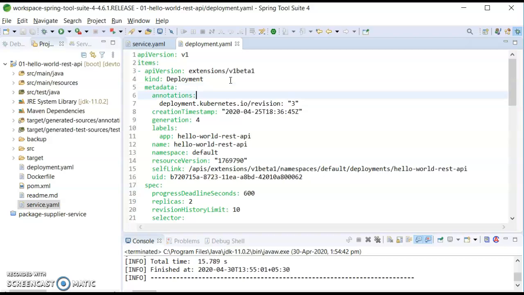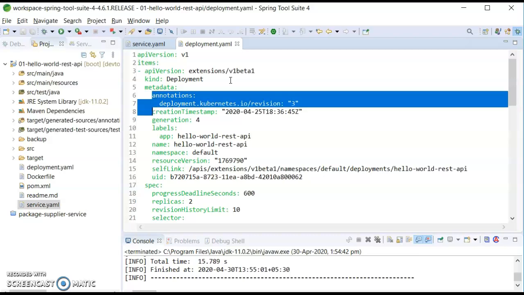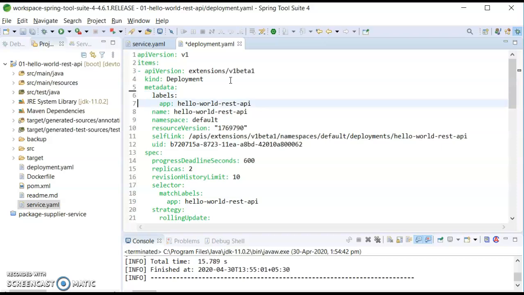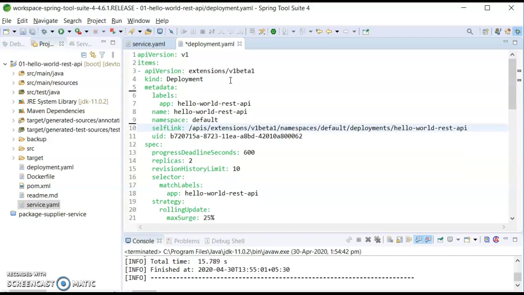For example, we don't need annotation, so I will delete this annotation. I don't need creation timestamp as well. I don't need this generation, so I will remove it. Yes. Then we need labels. We need this one. We don't need resource version. We don't need self link.